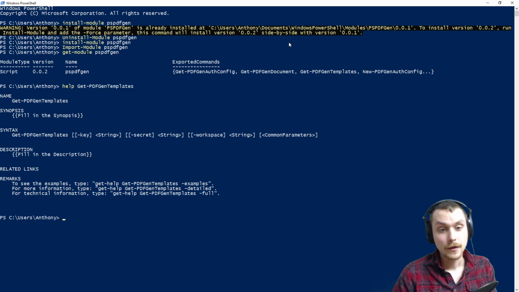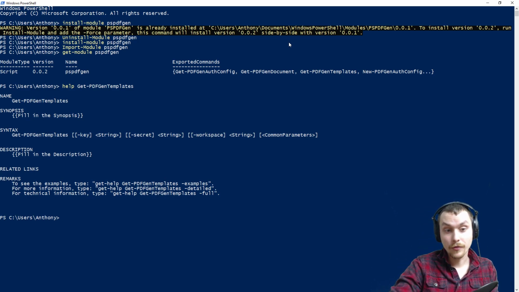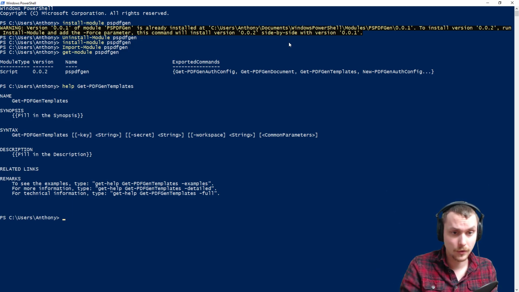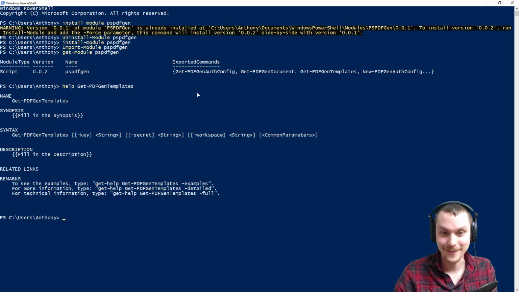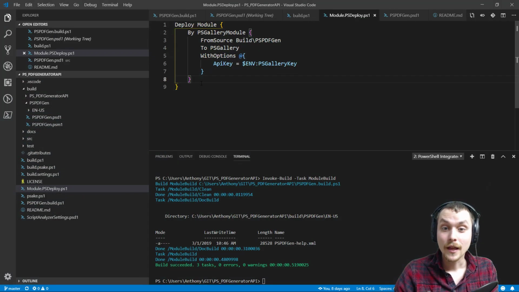So that's sweet. So moral of this brief tangent here is that if you're using InvokeBuild and PSDeploy, and probably PSake too, I mean, it's just a matter of adding in the new external help. But if you're using PSDeploy, it does deploy PlatyPS help as well. So that's awesome. Okay, so note to self, I need to update that so it does have docs, since that's now published with these incomplete docs. But the testing worked, which was good. So now